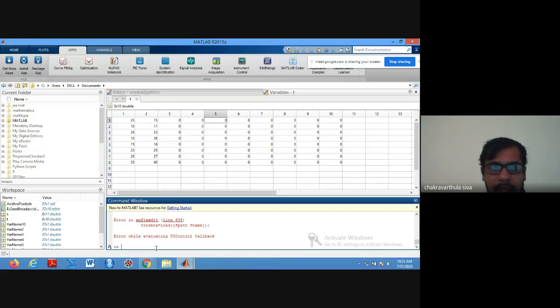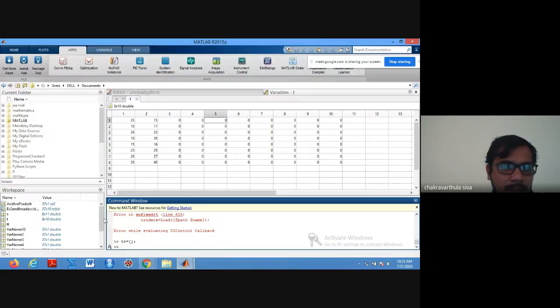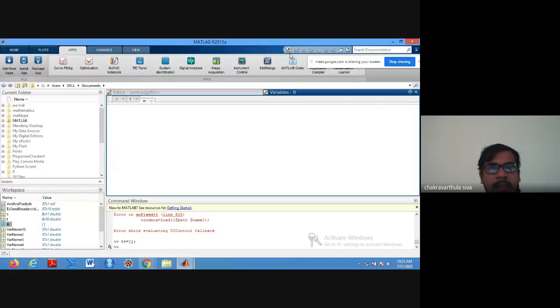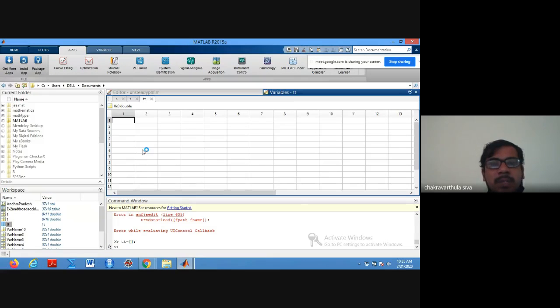Just generate some file here. tt is equal to, so now in the tt we don't have any files, so now I'm copying these files to tt. It is very easy.